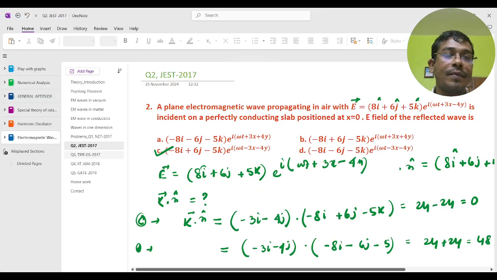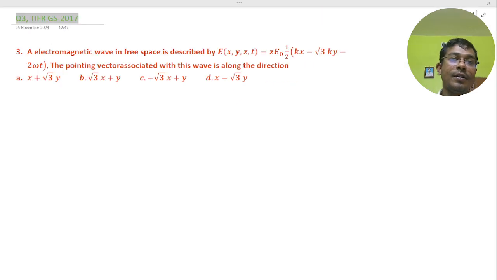Go ahead, our next problem is coming in TIFR 2017. An electromagnetic wave in free space is described by E(x,y,z,t) equal to z cap E naught cos of half kx minus root 3 ky minus 2 omega t. The Poynting vector associated with this wave is along which direction? We have to find the direction of the Poynting vector. Basically, we have to find the n cap,